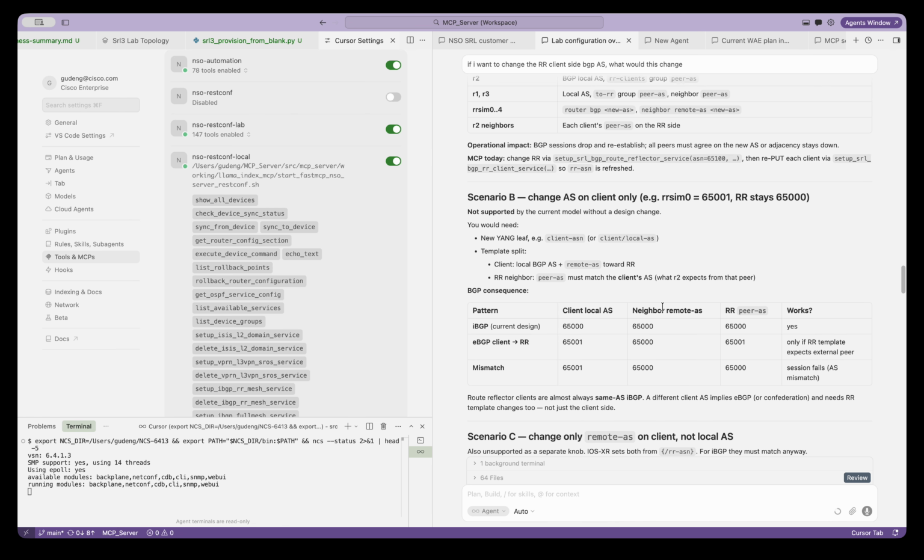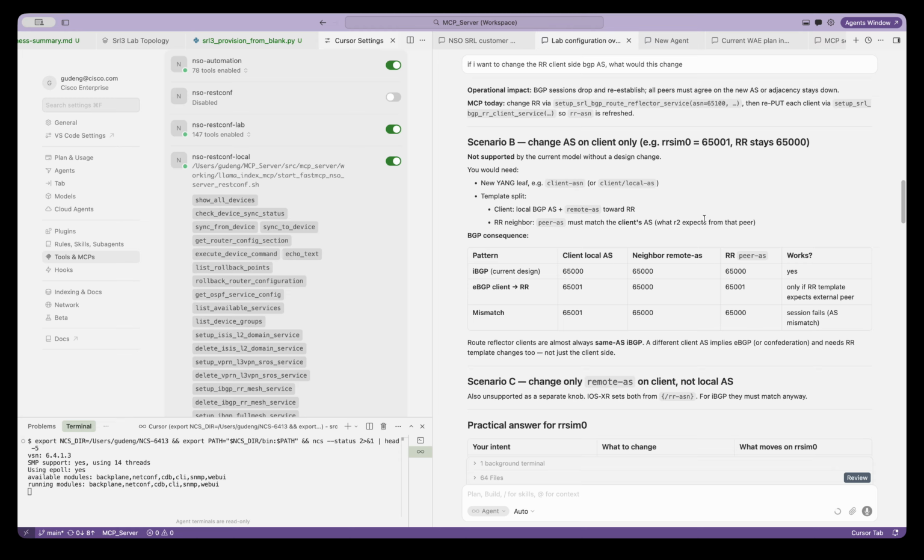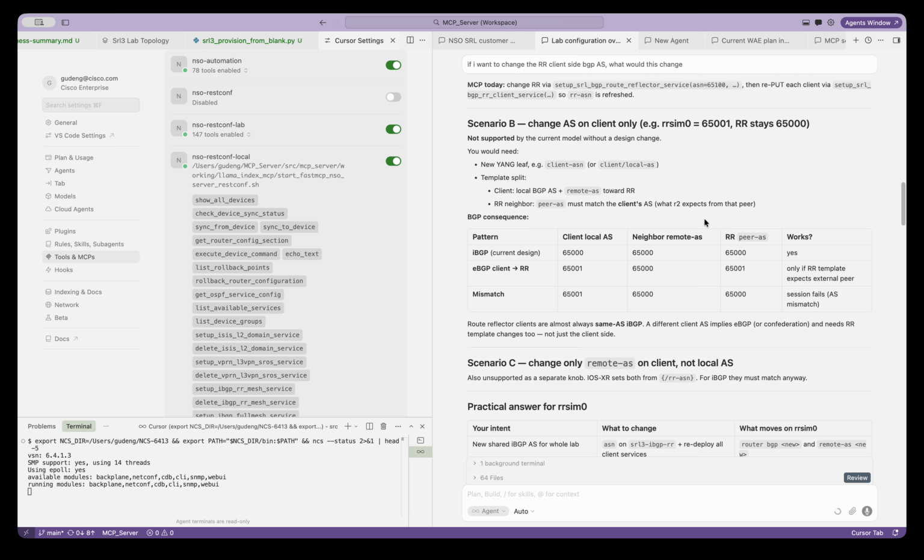If you want to change AS completely on the client side, not on the RAWFlex side, then we have to remodel this whole thing, because then it changes to BGP, eBGP configuration, and you need a complete design change. That means you need to prompt Cursor to remodel this to a different setup. That's a bigger effort.